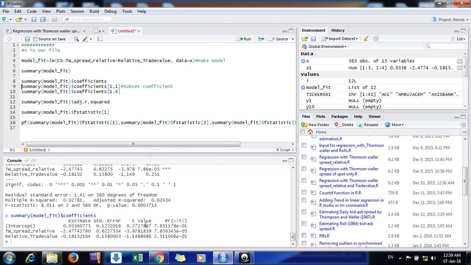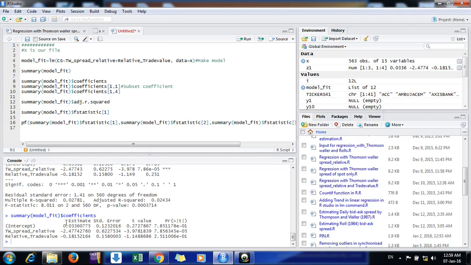How beautiful it is. These are estimates, errors, t values, p values. Similarly, suppose I don't want all the things, I want only the coefficient for the intercept. If I consider it as a matrix, it is a 3 by 4 matrix. So simply I can extract what I want.